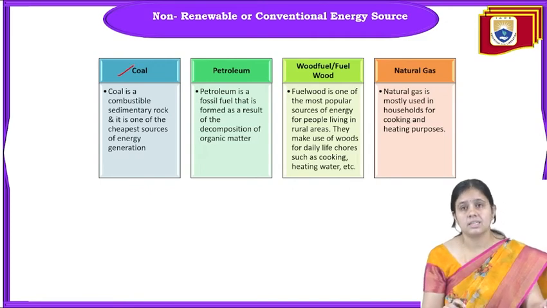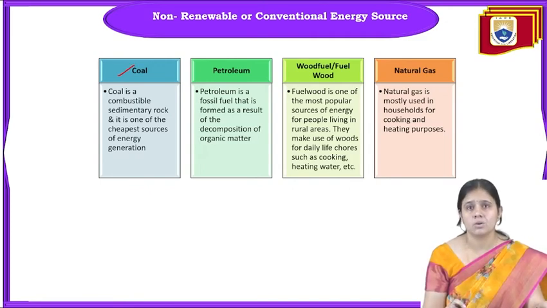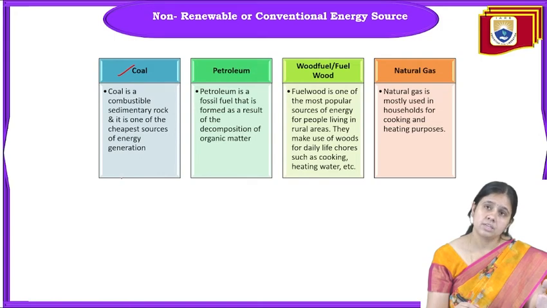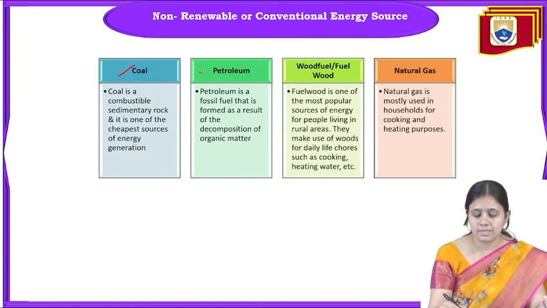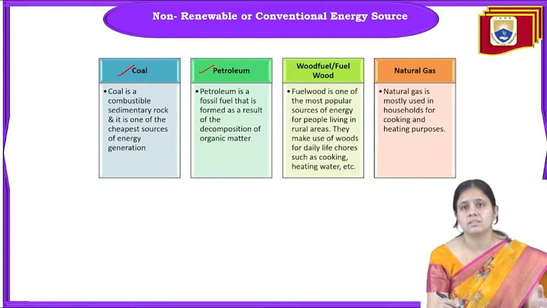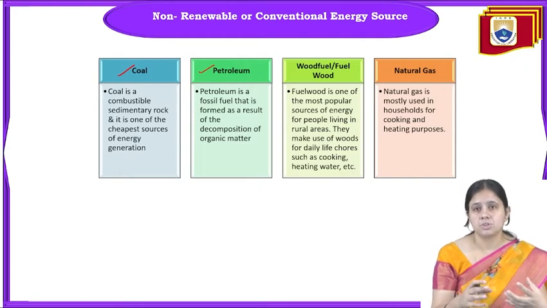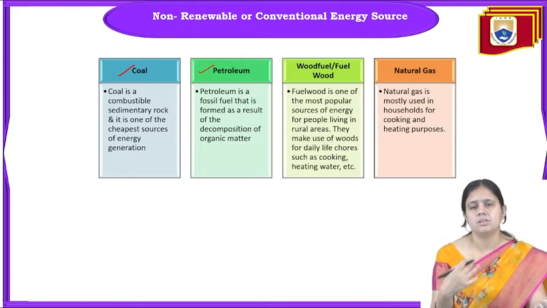Coal is nothing but a combustible sedimentary rock, and it is one of the cheapest sources of energy generation these days, because coal is used by thermal power plants for generating electricity. Now comes petroleum. Petroleum is a fossil fuel formed as a result of the decomposition of organic matter, and it takes too long a time. So we divide it in the category of non-renewable,